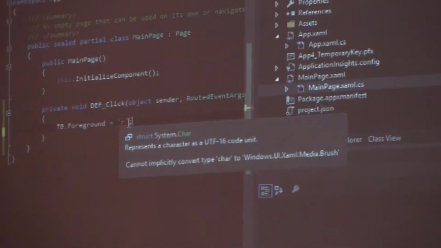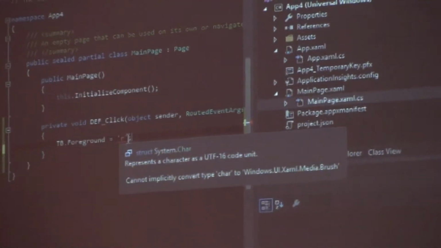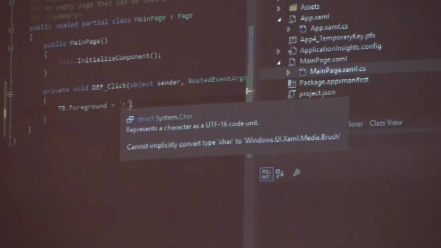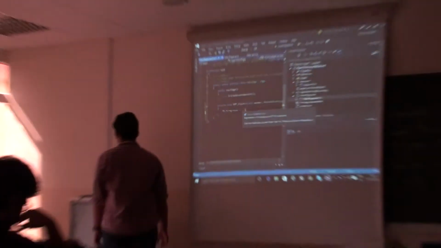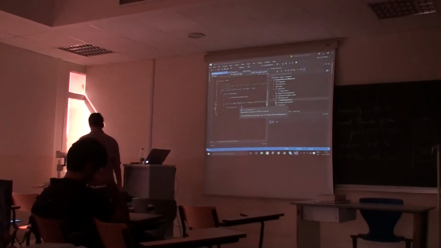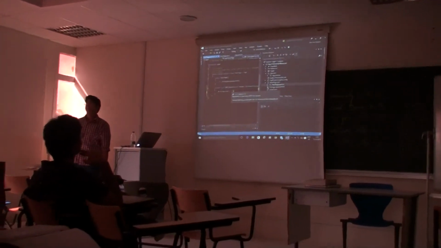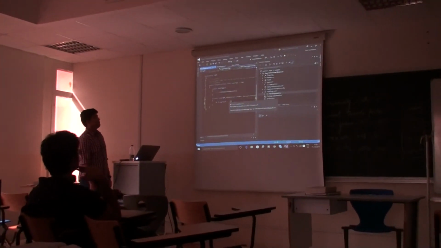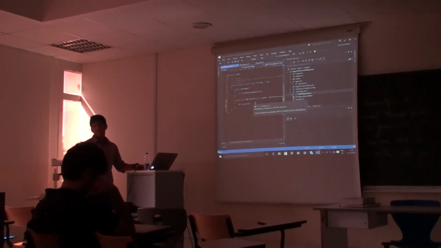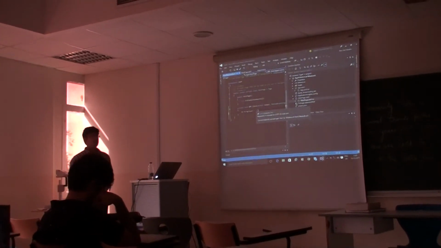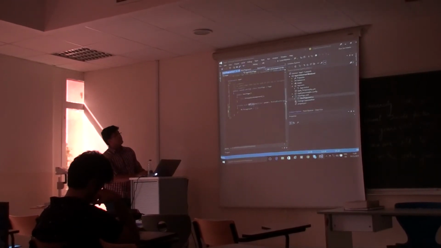Now, who knows what a UTF-16 coded page is? What is the exact RGB code, because it's a color? Hexadecimal code. If you have a hexadecimal code, you give it, and it automatically changes to that color once your DEF button is clicked.